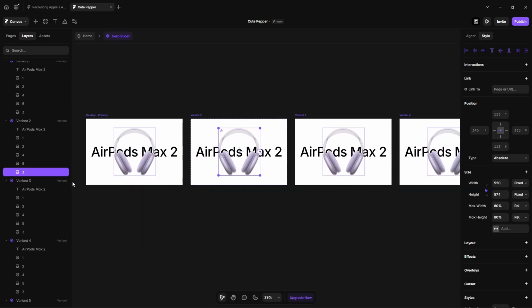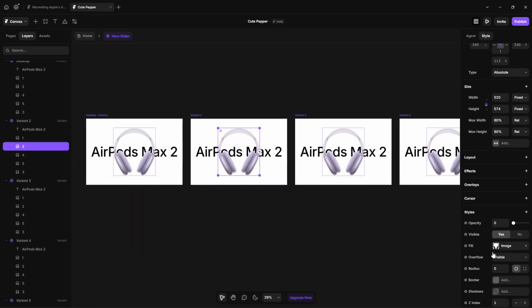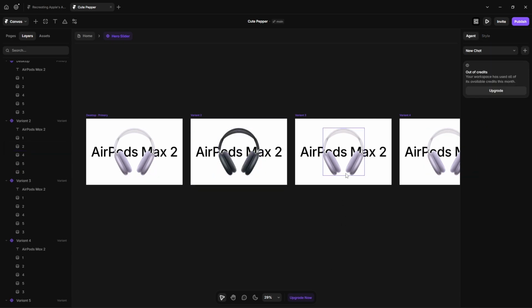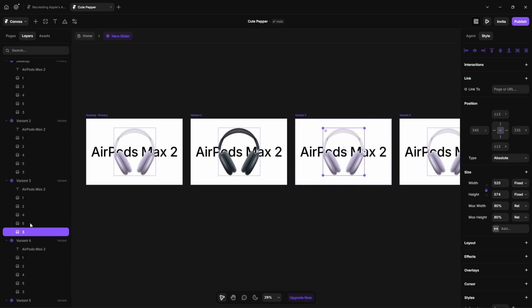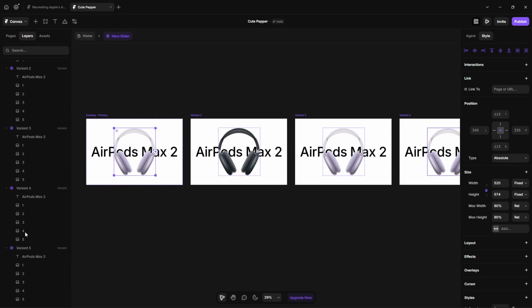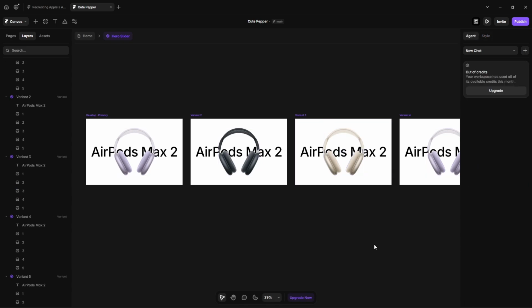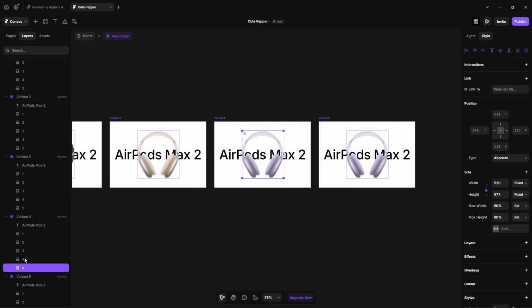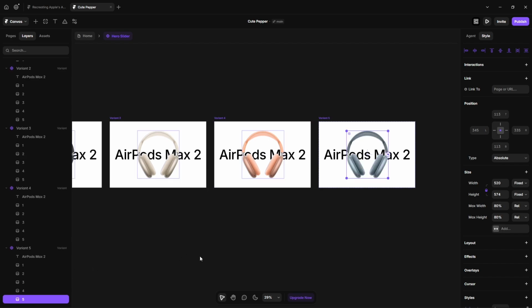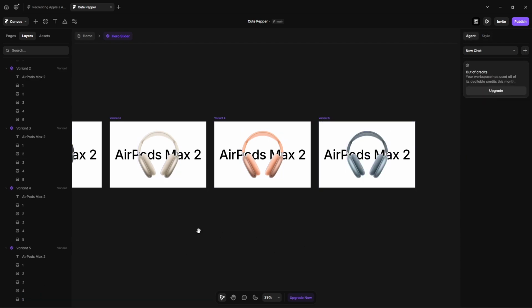For the second variant, click here, set the opacity 1. As for the third, select the third one, this one, we can drop it here. Make the opacity 1. For this, select the fourth. And finally for this, the last one,